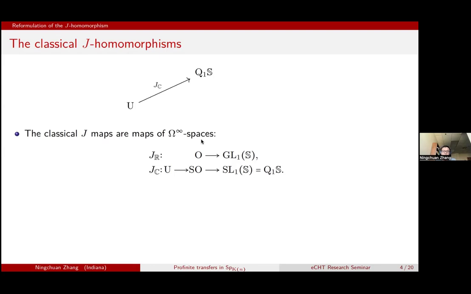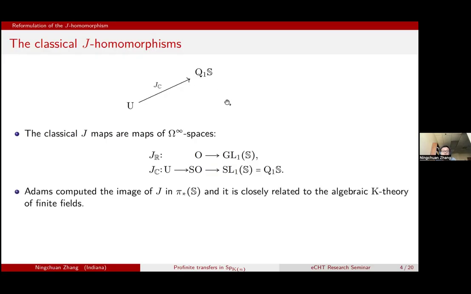There's also a complex version where we start with the infinite unitary group. In this case, it actually lands in the identity component of GL1 of the sphere, usually denoted by Q_1 S. And the computation of the image of J was done by Adams,